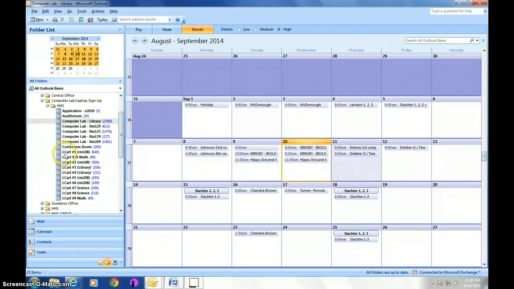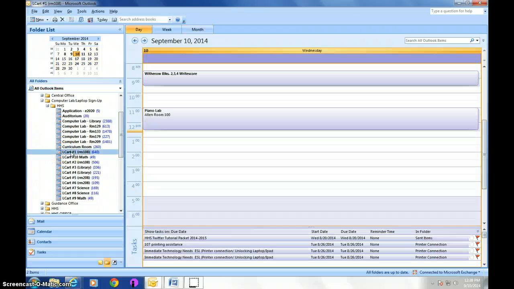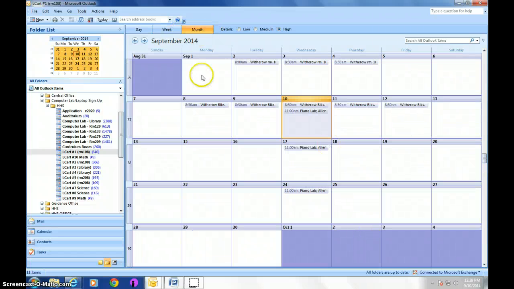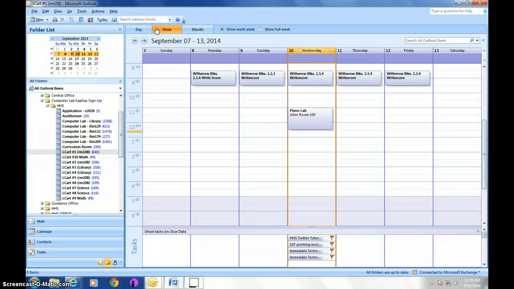Right, let's click on a laptop cart. Right, so this is laptop cart number 1. It says it's in room 108, and I didn't mention this earlier, but by default, it will only show you the day first, but if you want to go to week, you can go to week, or month if you want a broad overview of who has signed up so far. So if we go back to week, it looks like for this laptop cart,